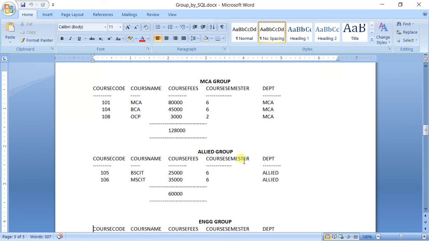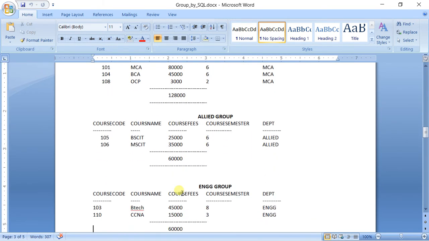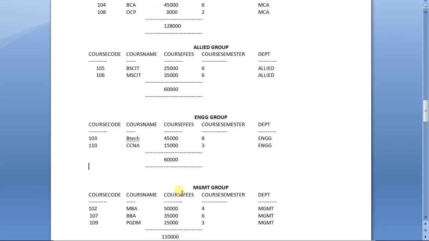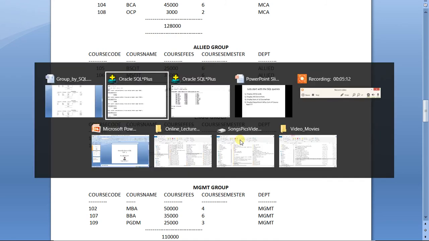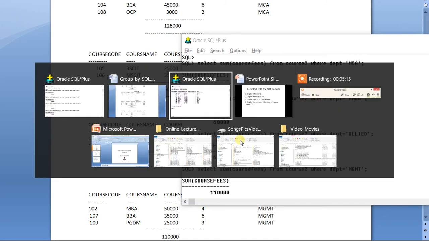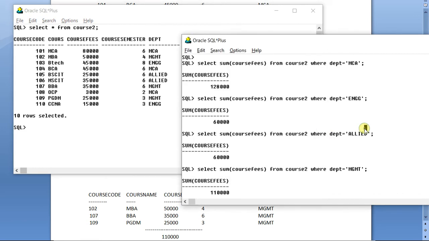Similarly, group of allied 60,000, group of engineering 60,000, and group of management 1,10,000. In RAM, such groups should be automatically created and the individual totals of these groups should be displayed rather than writing these 4 different queries.